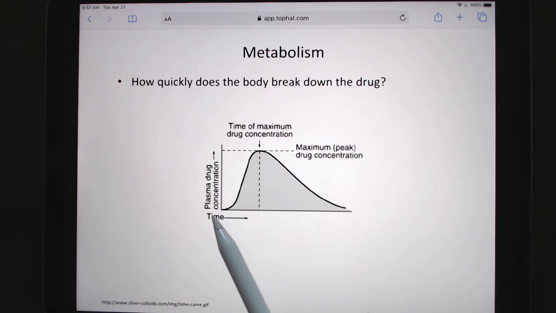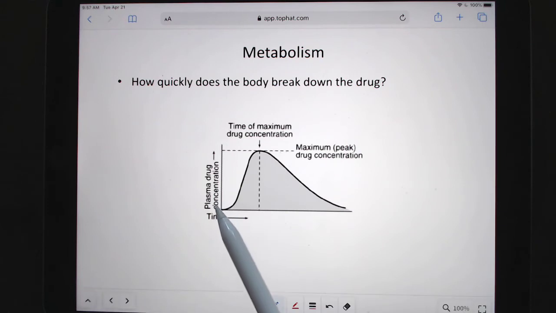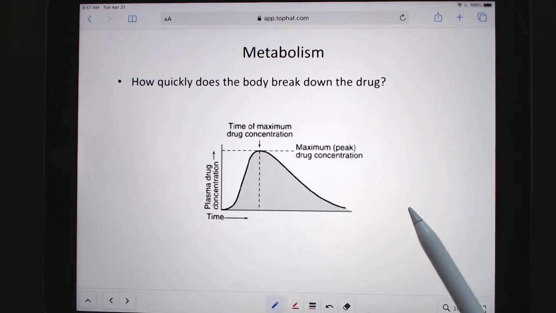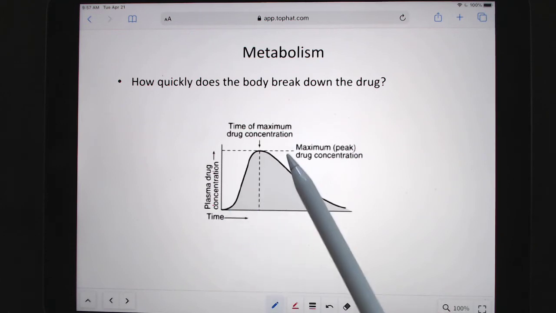So if you have an extended release, this would be flatter. You could make the pills with a laser-drilled coating, or you can change the coating so it releases really fast, stuff like that. So scientists can come in and play with the steepness of this curve,